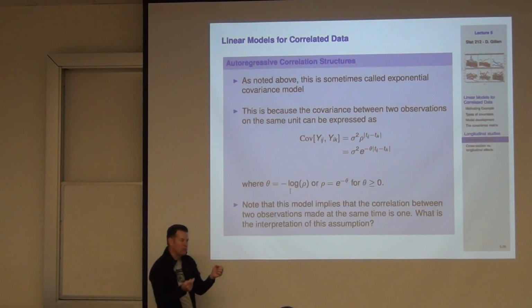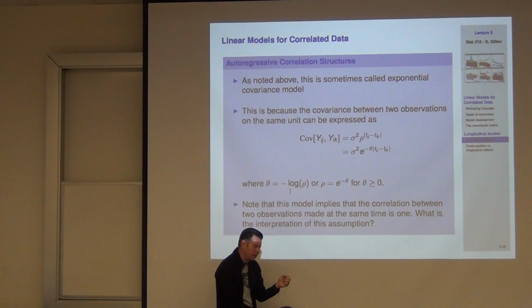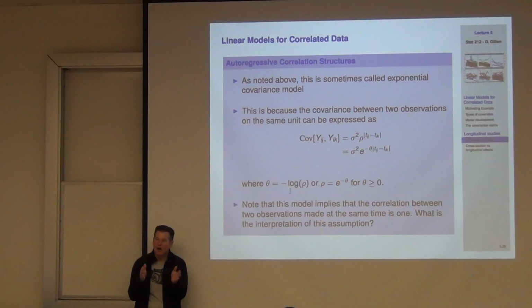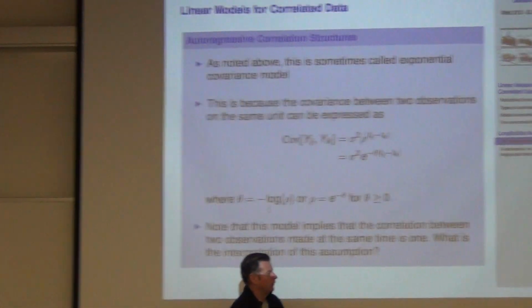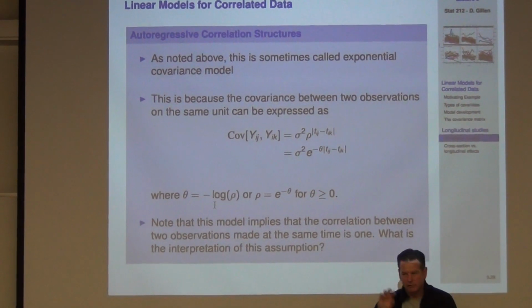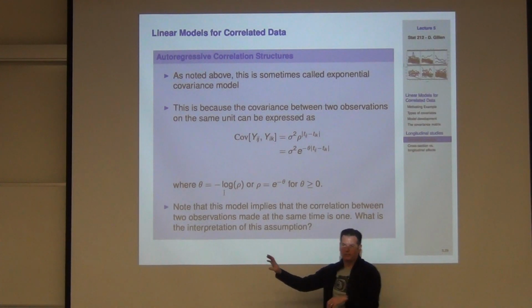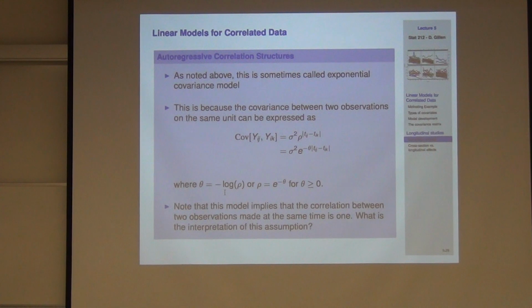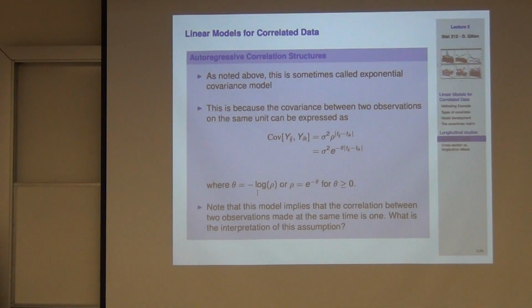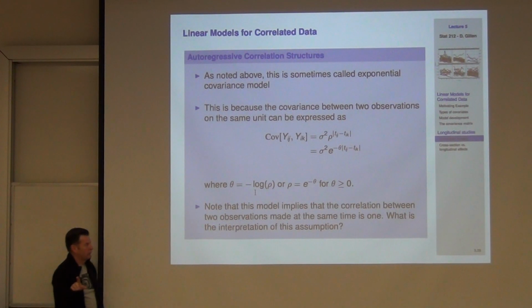In other words, if I could measure the exact same subject twice and do it at the exact same time, I will get the same result. And then Maisel asked a very good question, and she said, well, isn't that taken into account in the fact that you have the sigma squared that's sitting out there? And I gave an answer, but I didn't give as good of an answer as I would have liked to have given, so I want to revisit it for just a second here.